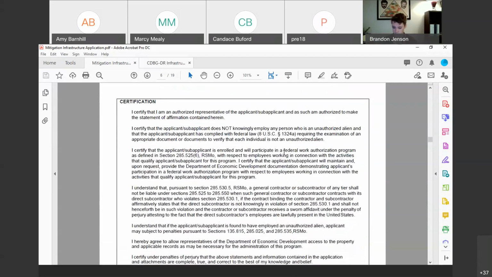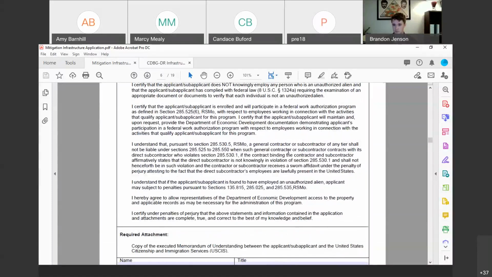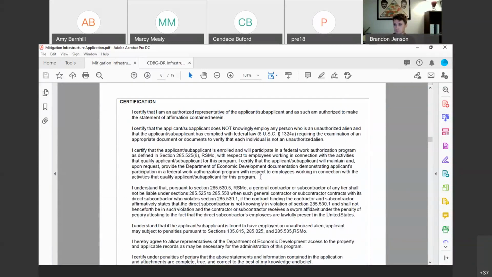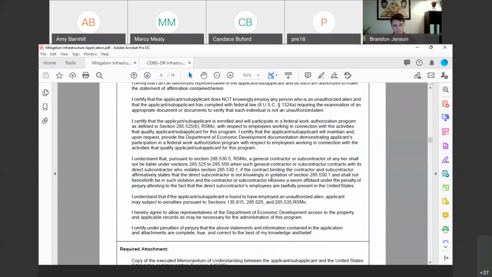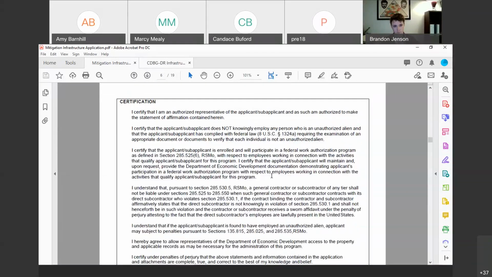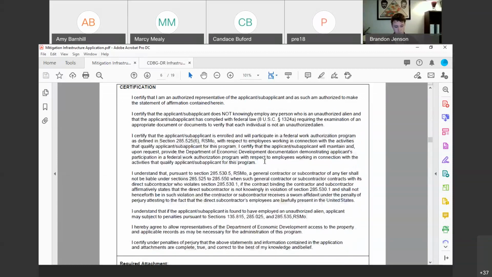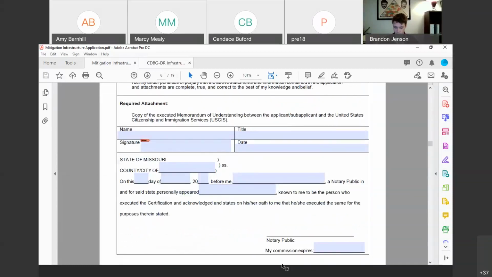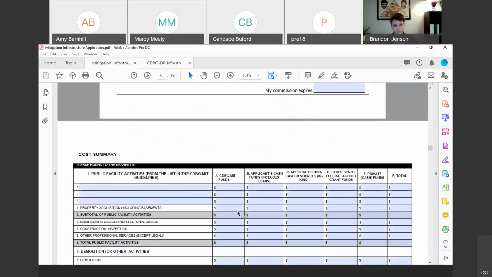This next certification page, unfortunately, we could not cut out every single signature page because we have state requirements, federal requirements, and even local requirements. So this is one of the requirements, the state requirement form in the application for our Department of Economic Development. Again, it's just a certification about E-Verify and federal work authorization programs, not employing unauthorized aliens, etc. This one's still requiring a notary. This is the page that's